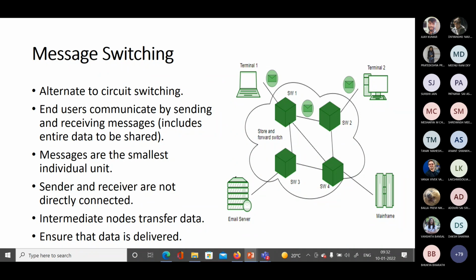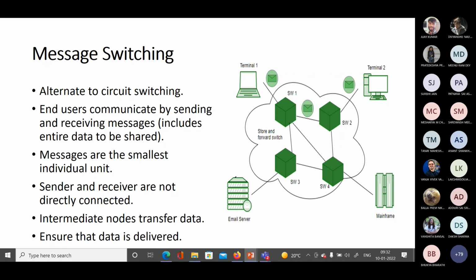They consider messages as the smallest individual unit, and they transfer it over the medium. Sender and receiver are not directly connected, and the intermediate nodes transfer data using the store and forward switching technique. So this ensures that the data will be delivered at the end of the day.